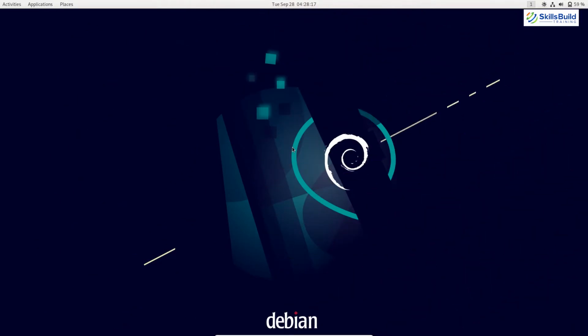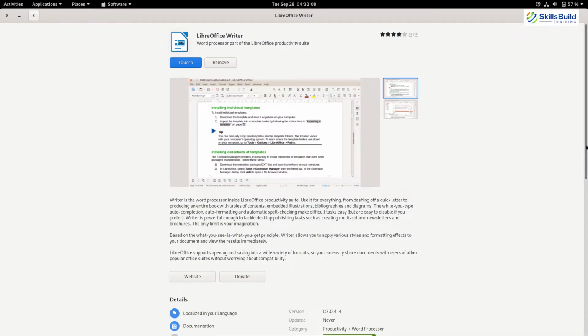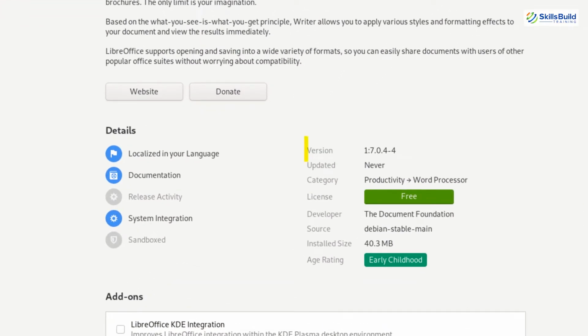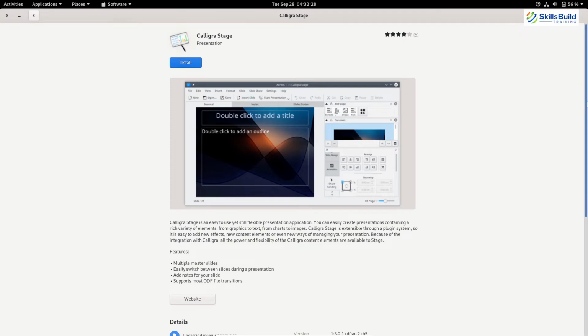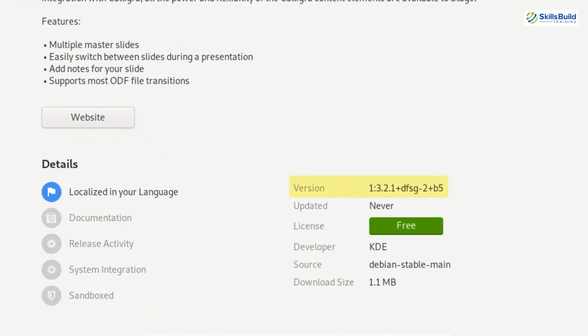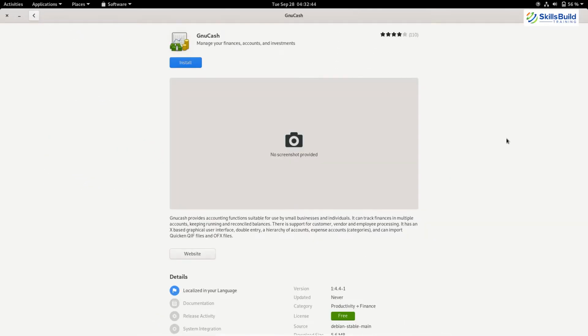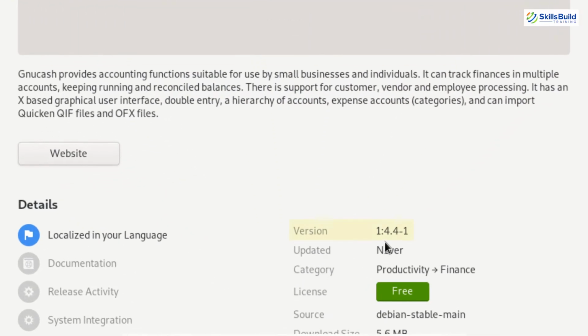And now if I talk about the productivity applications, they have also been upgraded, including the Office suites. LibreOffice has been upgraded to version 7.0. Calligra has been upgraded to version 3.2.1. GnuCash has been upgraded to 4.4. Among many others, this release also includes the following software updates: